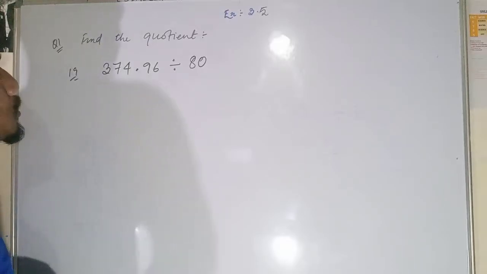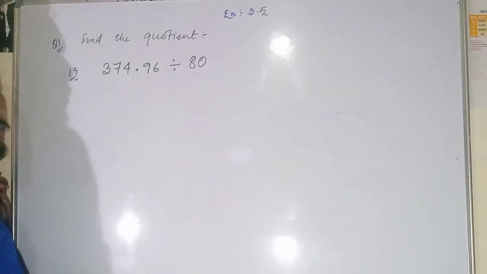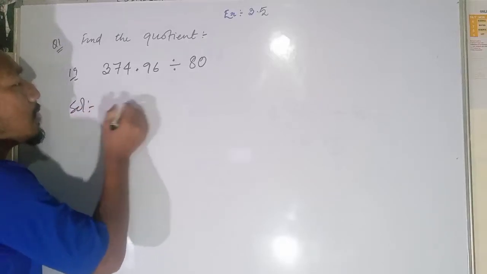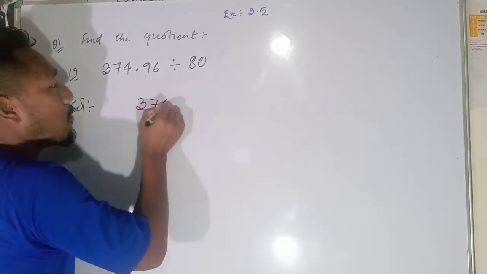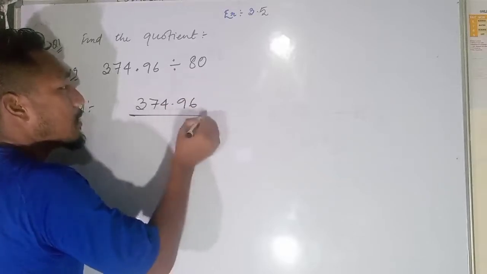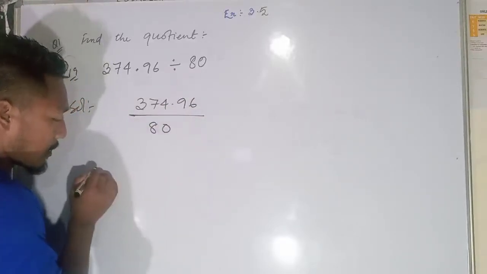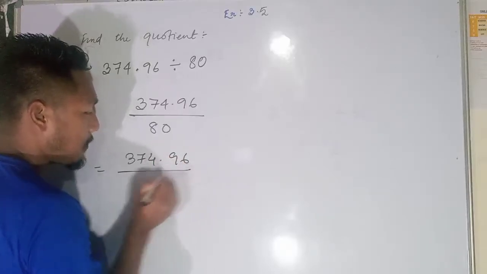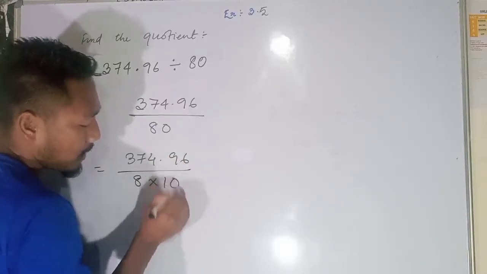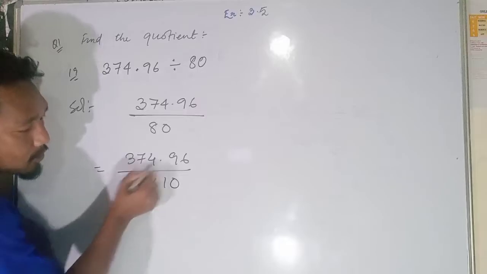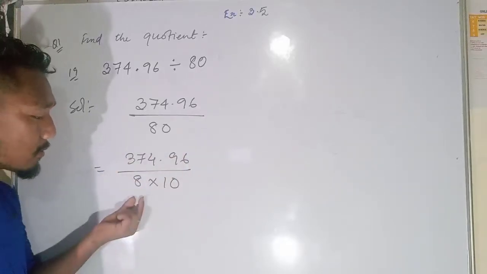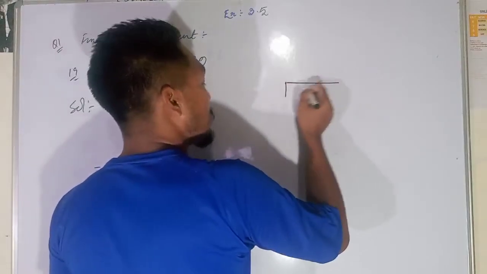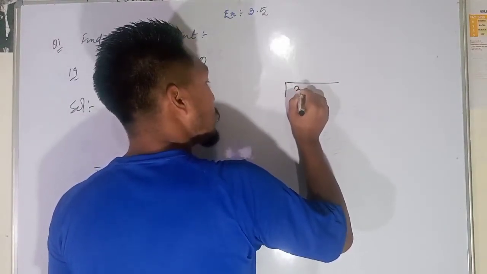Next, this is our next question, that is 374.96 divided by 80. So I can write this one also this way: 374.96 divided by 8 into 10. Okay, so you can cancel these two. Those students who can cancel directly, you can do the cancellations also. But I can do it this way also: